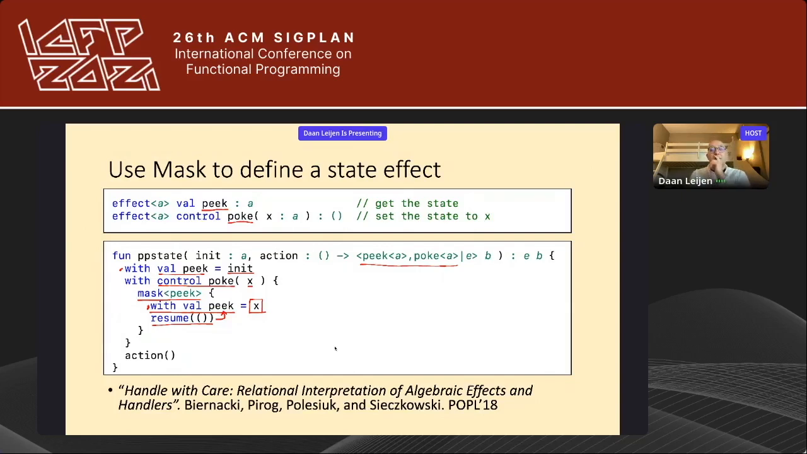So this overriding, I see there's some questions that I already... Maybe I'll just continue until it's more clear. I think